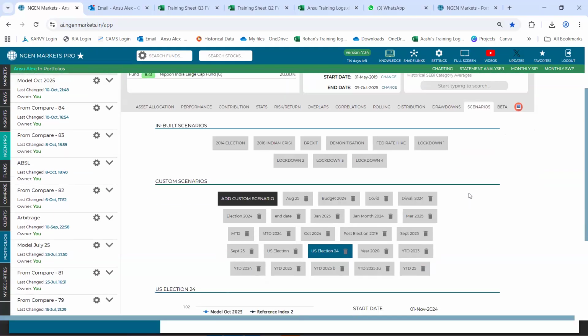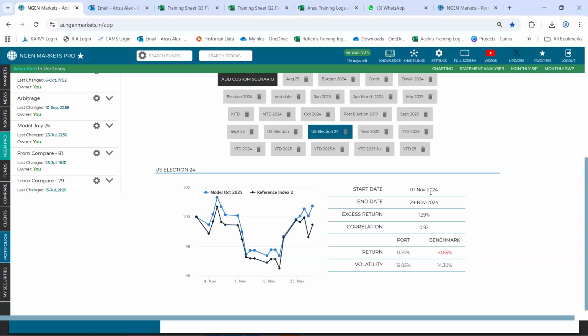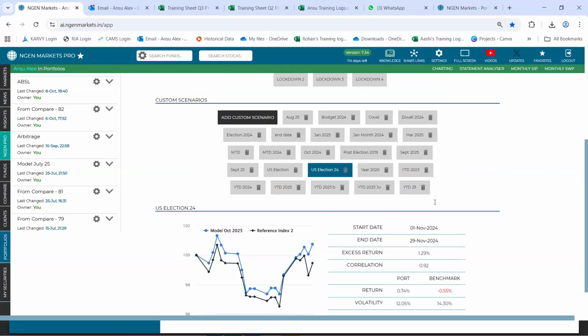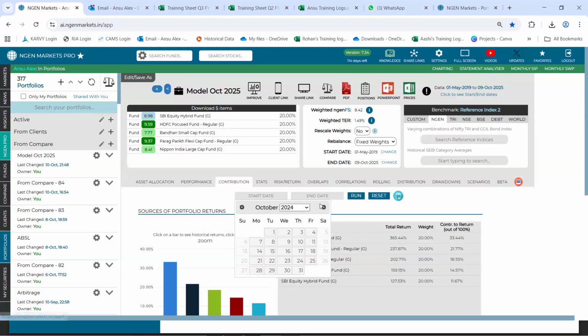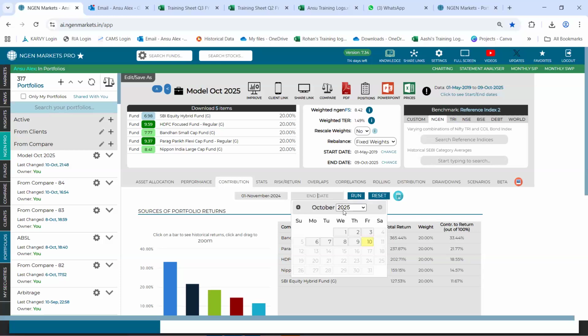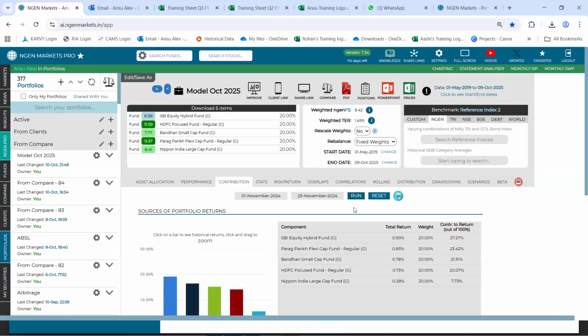Now, for example, this scenario of 1st November 2024 till 29 November 2024, if you want to see during this time period, not on a portfolio level, but on the fund level, how did the funds perform? Let's say when the markets were volatile during this election scenario. You can use these two tabs simultaneously as well. Right? So the scenarios tab can be used simultaneously with the contribution tab.